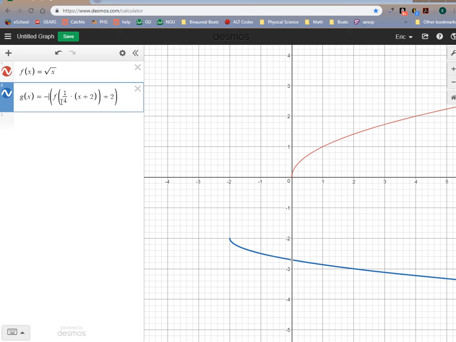Well, that doesn't make sense because we're trying to define a new function g of x, which we're writing in terms of f of x. Now, I could say h of x equals negative g of x. What's that going to do? You tell me, what's that going to do? If I define, yeah. Erase that negative